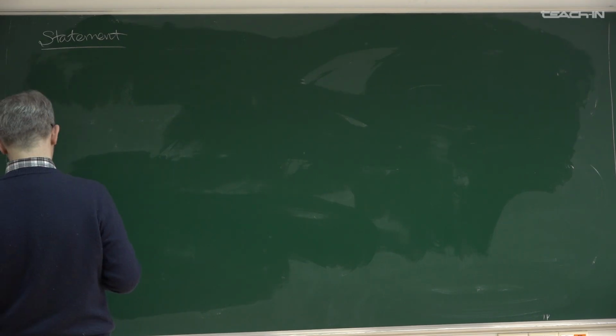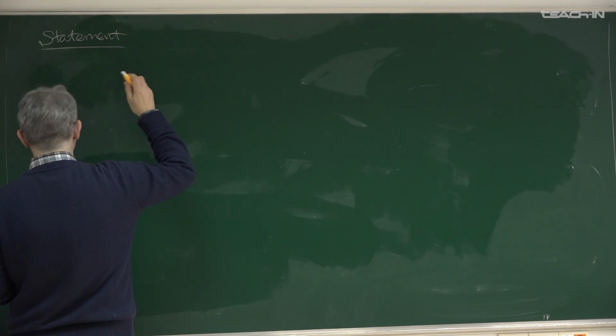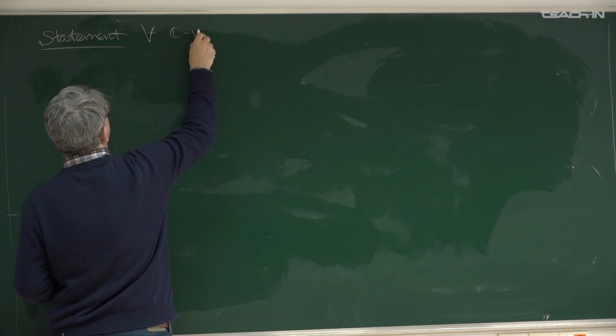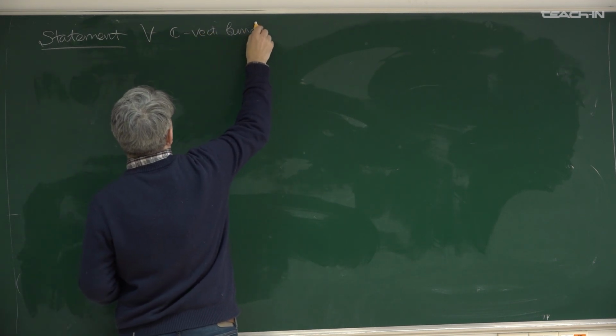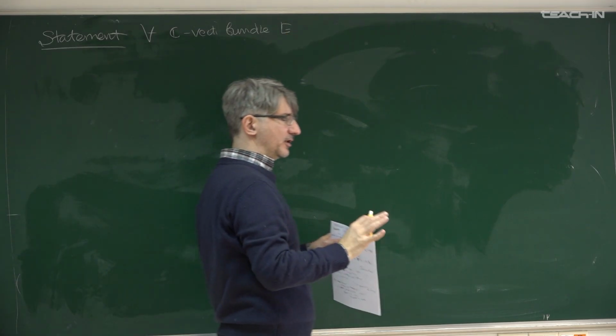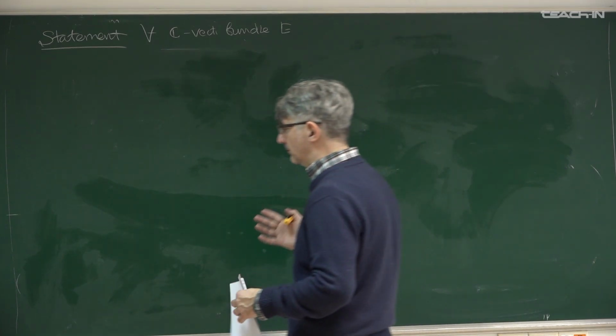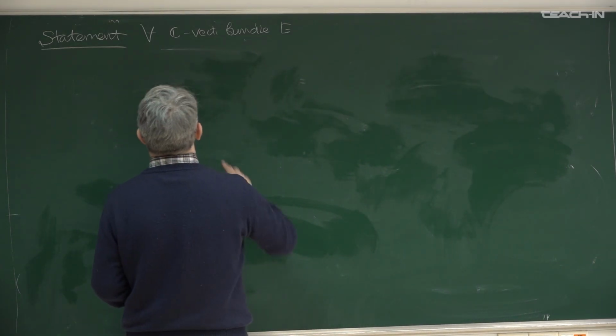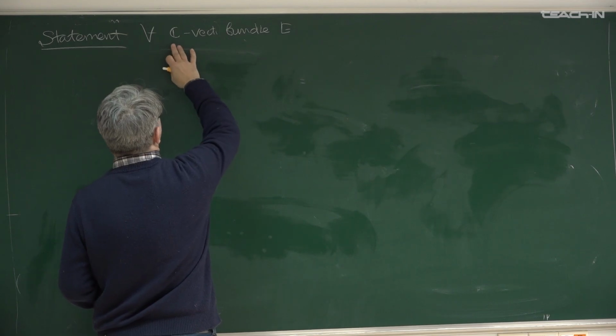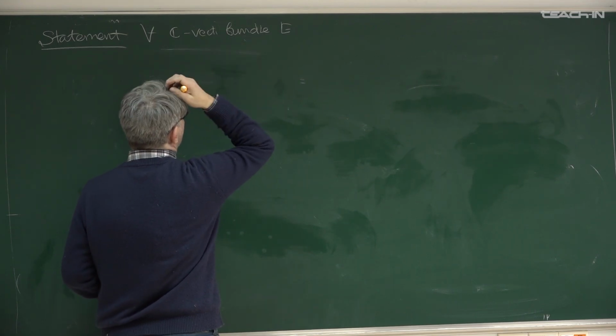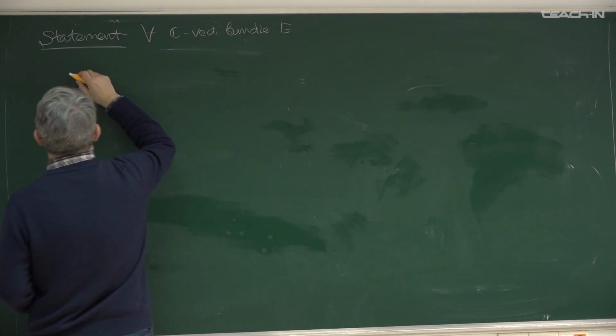So the first statement is as follows. For any complex vector bundle. What I want to say is a kind of classification theorem for partial differential operators. I want to say what are the building blocks for them. It's a more or less simple structure. So we start from this statement. If we have some complex vector bundle E, then there exists